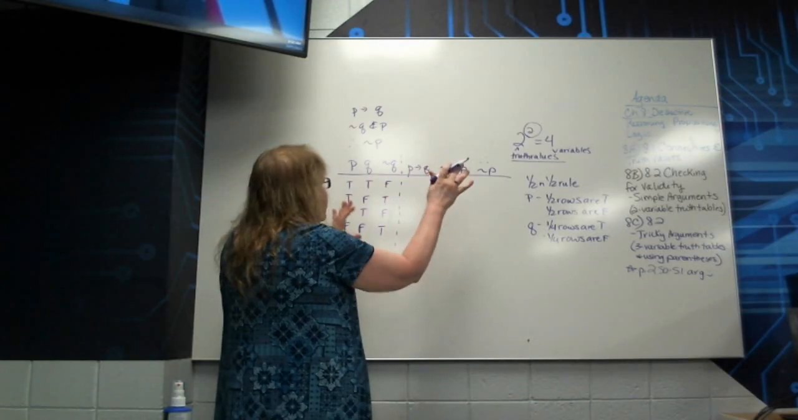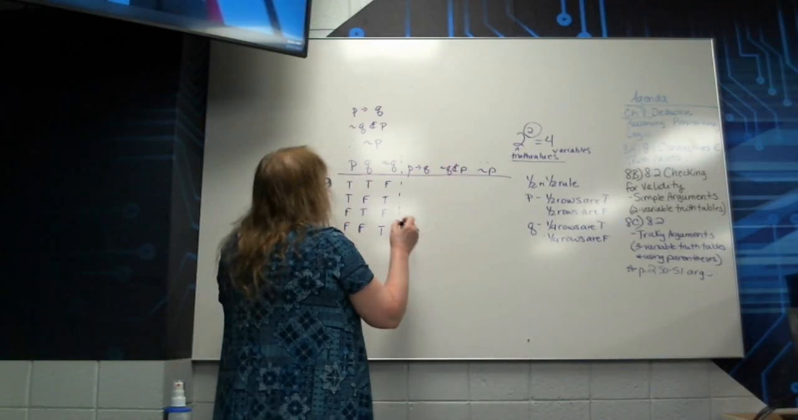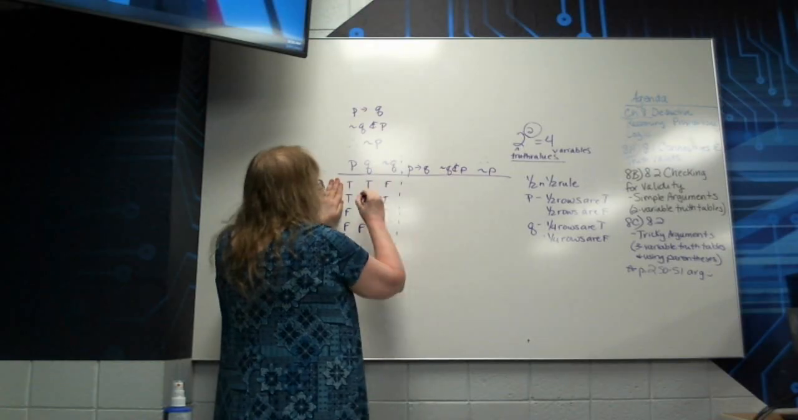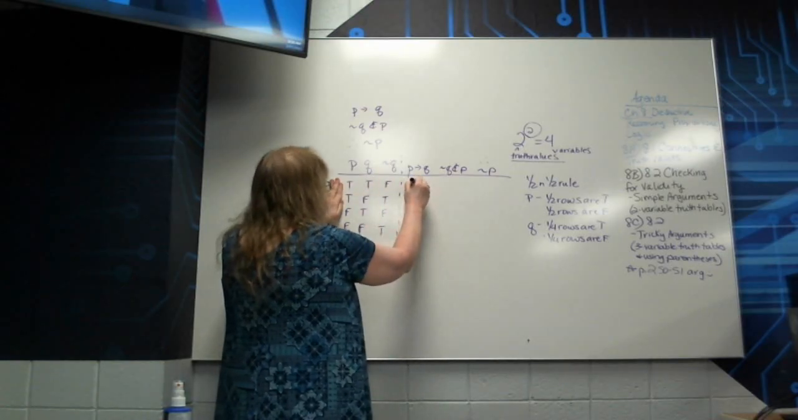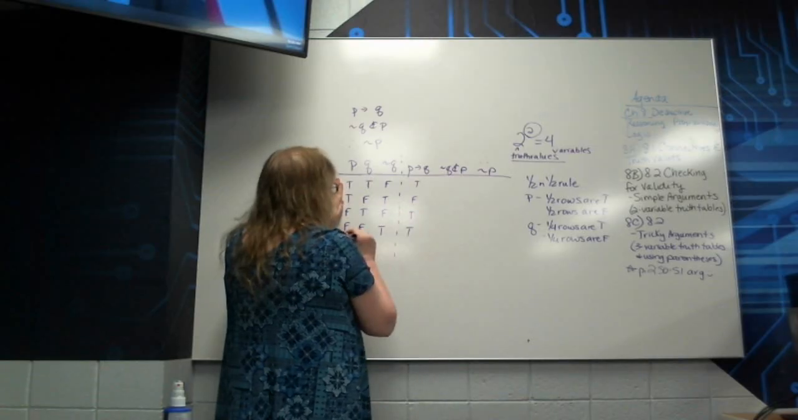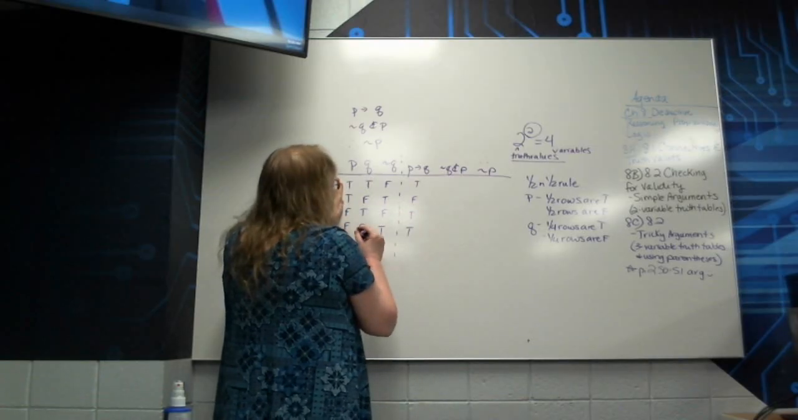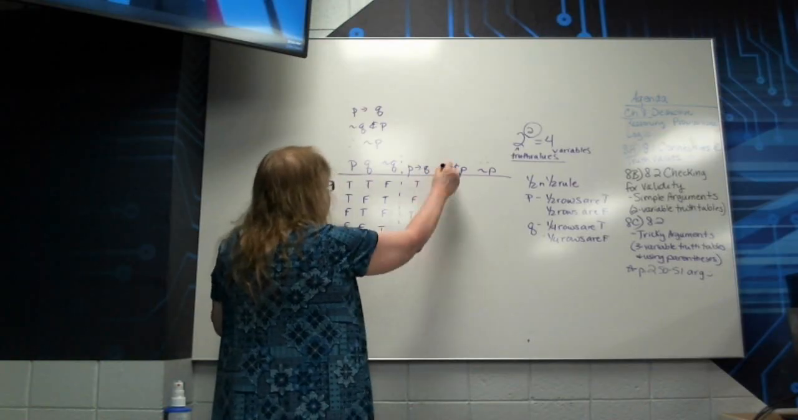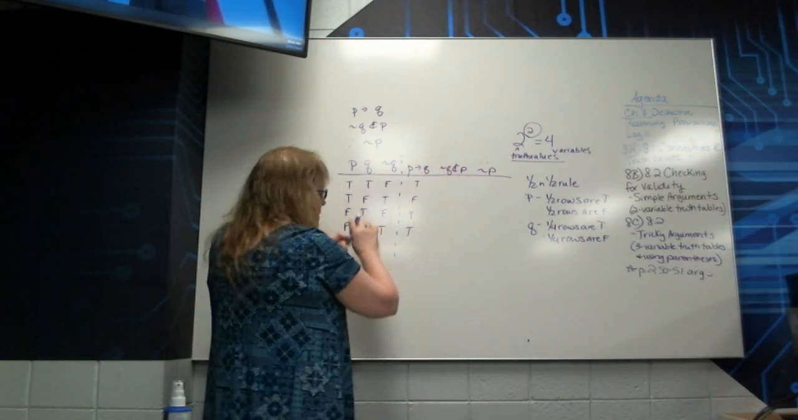Okay, now I have everything I need to go on and do the rest. If P, then Q. Okay, so I'm looking at just these first two columns in the normal direction. So true, false, true, true. Okay. Well, then I'm going to do the and with my